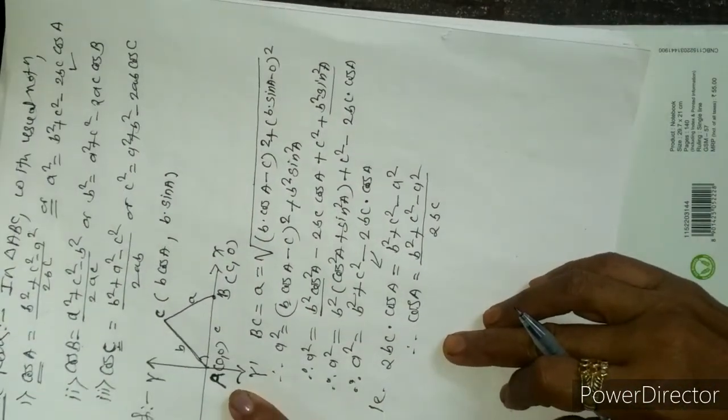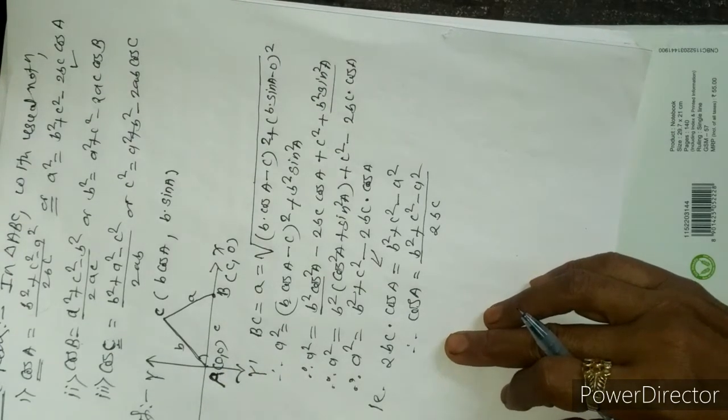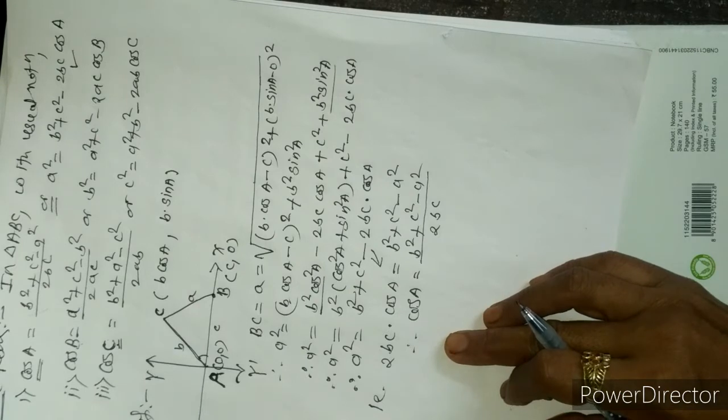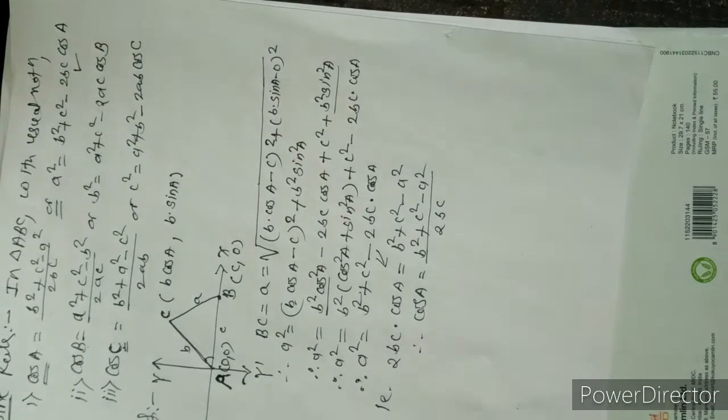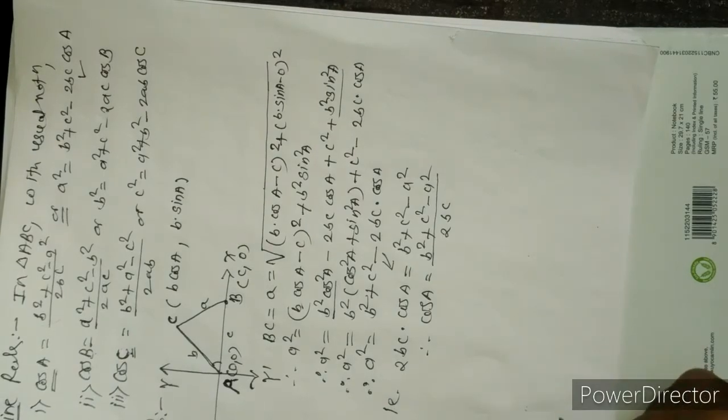Only take the vertex of the triangle at the origin, and with the help of this you form the triangle ABC with the usual notation. You find the coordinates of the remaining 2 vertices of the triangle and find the relation of the cosine of the angle which is formed at the origin of the triangle.